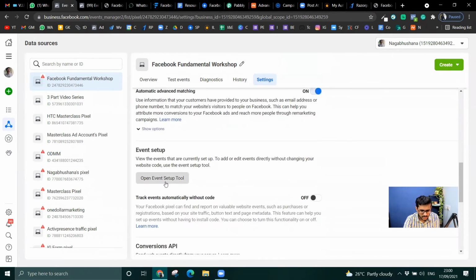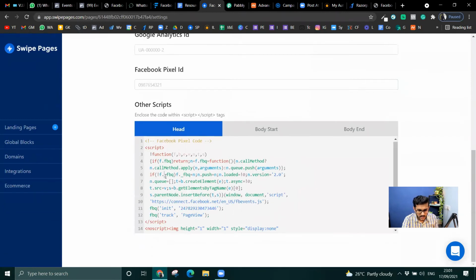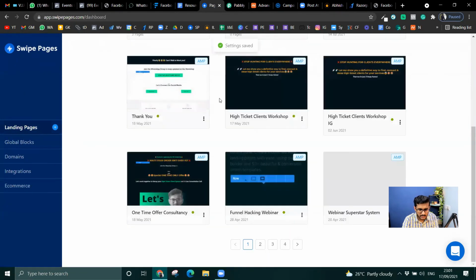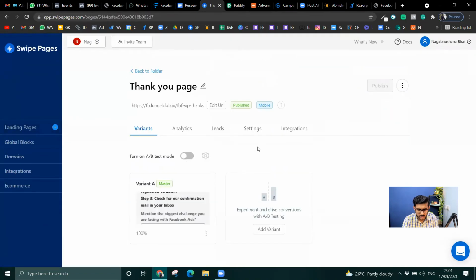Let me go to open event tool, and then I'm gonna type my URL slash fbf, sorry. Okay, I have to first add the pixel code for that. So I'll just go here, take this entire pixel code and go back to landing pages, go to my funnel club and thank you page.